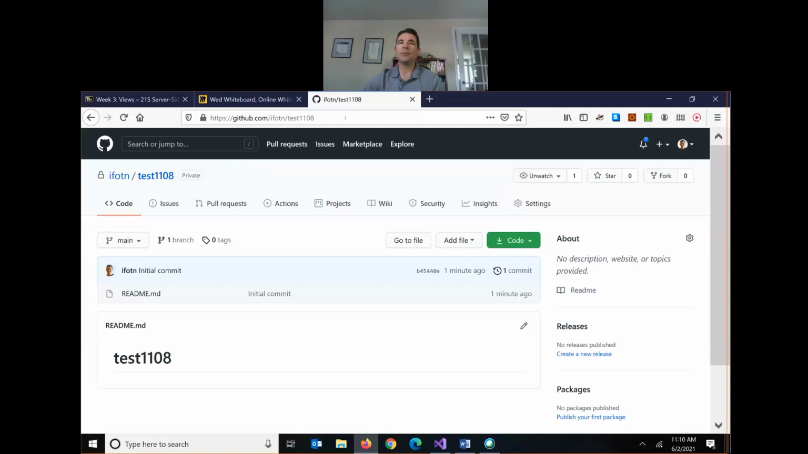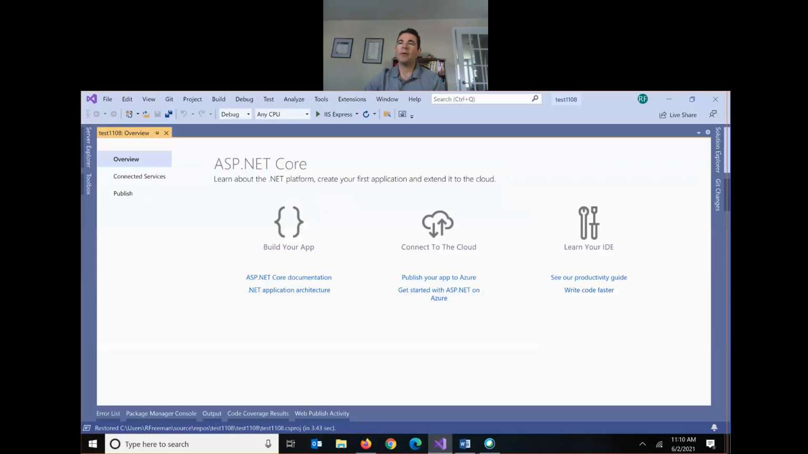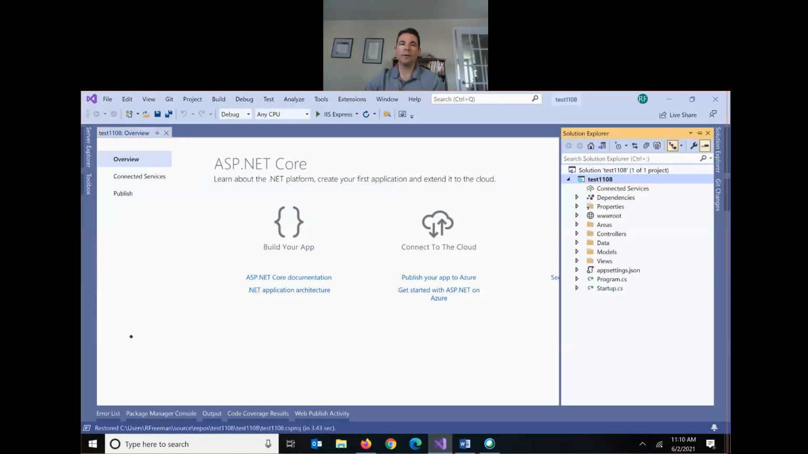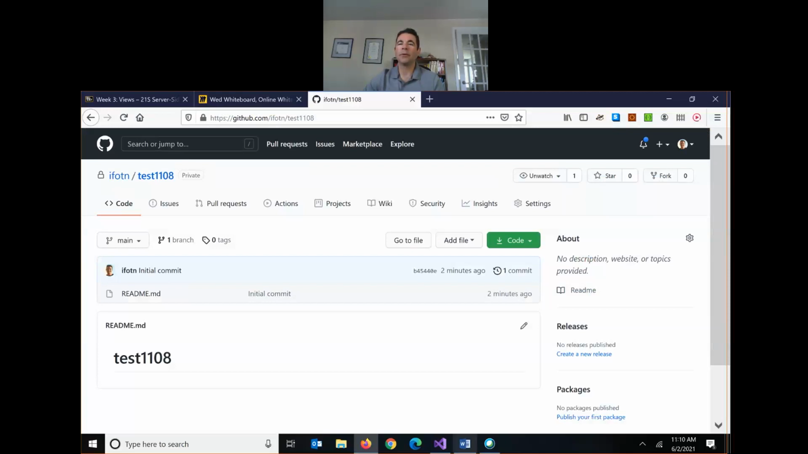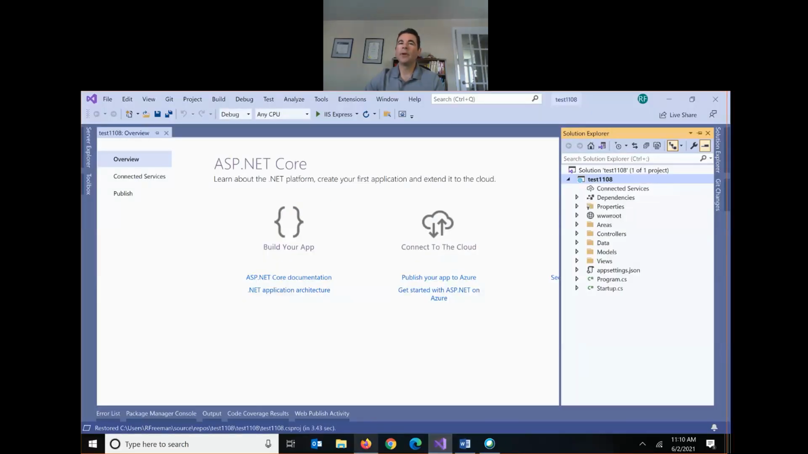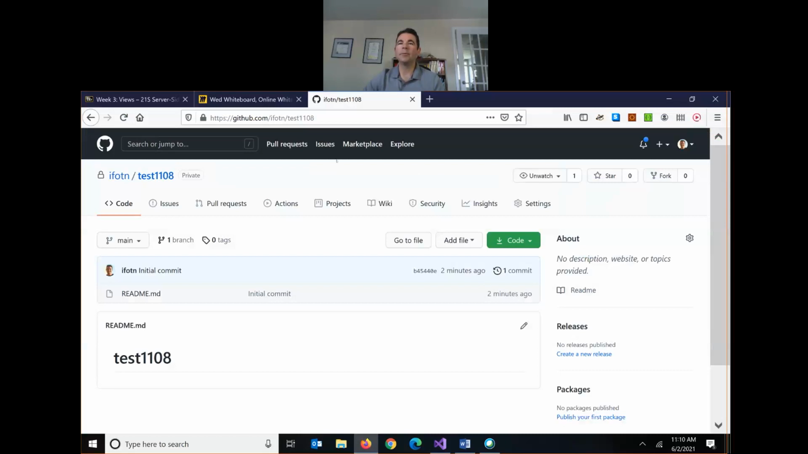So now I've got this repository here with a Readme file. And now I've got a web project in Visual Studio with our MVC skeleton. So how do I connect them up? Because I don't want to create a new repository. I want to link my local repository to my GitHub repository. It's actually quite simple. So the way to do this is go to GitHub, copy the URL